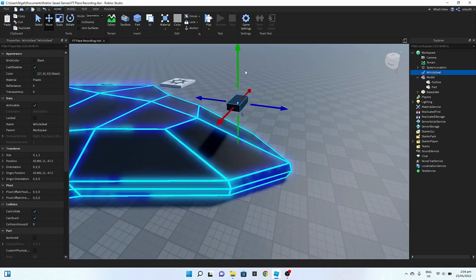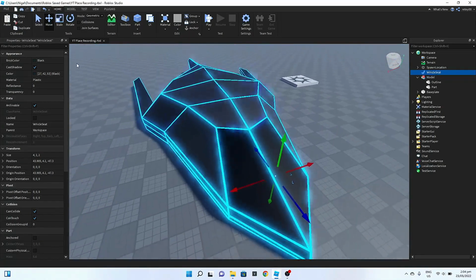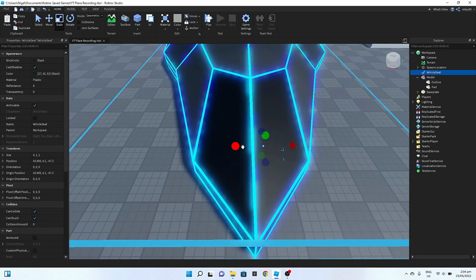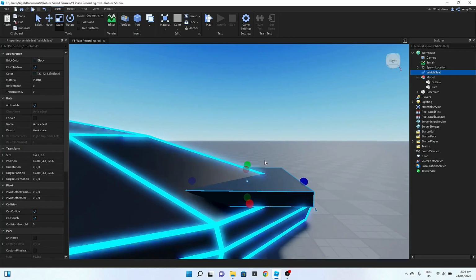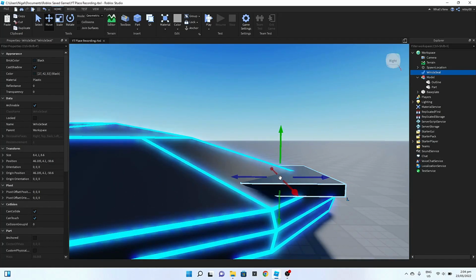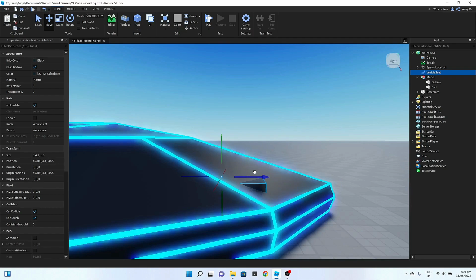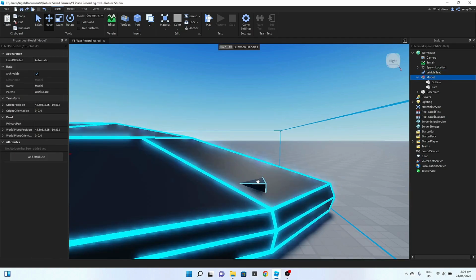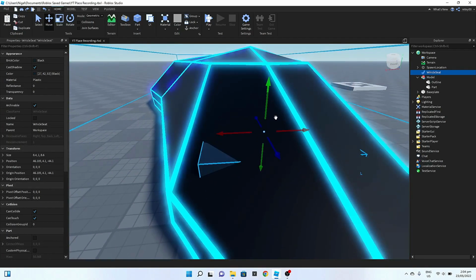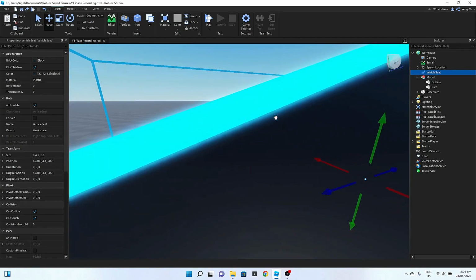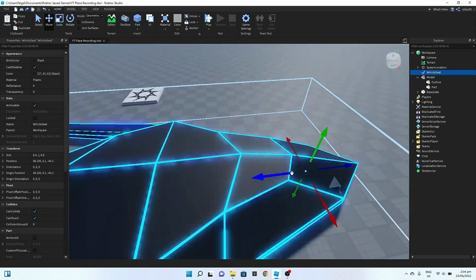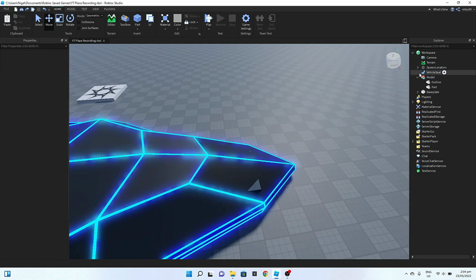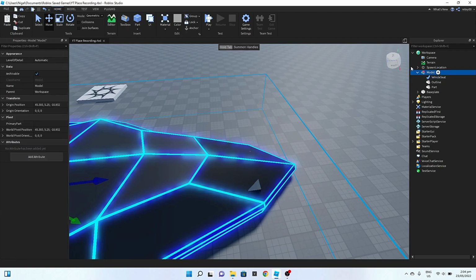I think I'll just use the move tool. And scale your vehicle seat so that there's some sticking out of the plane, but wherever your origin is, that little blue dot there, the player will be about. So I'm going to move mine into here so the player is nicely inside the cockpit of my plane. So now what I need to do is put my vehicle seat back on my model. I'm going to rename my model plane,